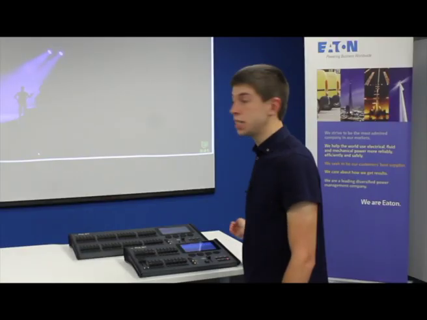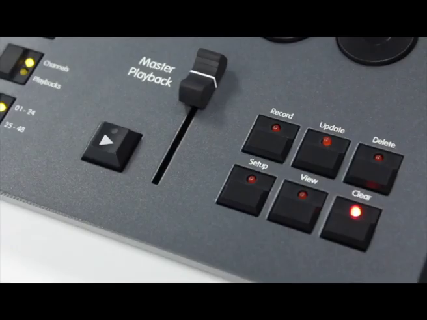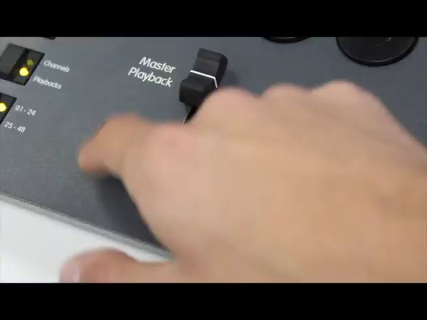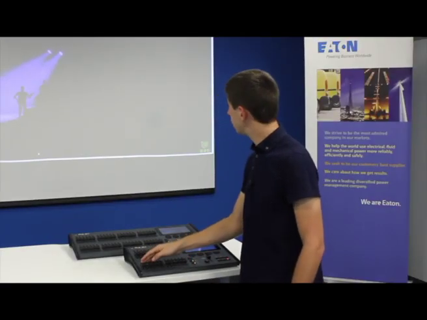Once we're happy with the lighting we've created, we can record that to the master playback. In the same way, we press record and then we press the flashing master playback button. To record your second scene, you can then change the lights that are on. So maybe I want them off